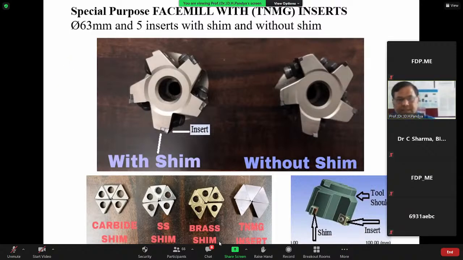So this is an example of a face mill tool with sim and without sim, right? And these are a few pictures of the sim. So until now, I have been discussing chatter and its control techniques, and now our discussion is focused on the application of the sim. So for that,